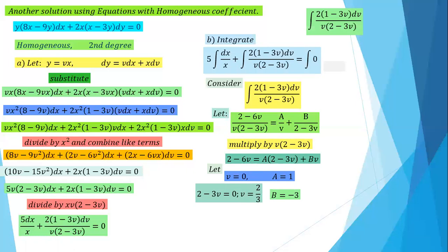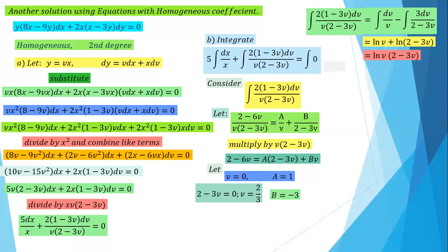Therefore, our integral of 2 times 1 minus 3v dv over v times the quantity of 2 minus 3v is equal to the integral of dv over v minus the integral of 3 dv over 2 minus 3v, which is equal to ln of v plus ln of 2 minus 3v. Or we have ln of v